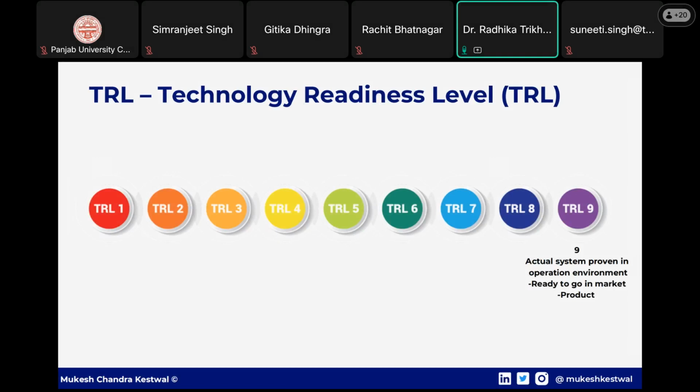Then comes your TRL 9, that is actual system proven in operational environment, and this is ready to hit the market. So that is your TRL level 9. So ये आपकी जर्नी कहाँ से शुरू हुई, आइडिया से शुरू हुई और कहाँ तक पहुंची, ऑपरेशनल एनवायरनमेंट, and this is a step by step process. आप आइडिया या कॉन्सेप्ट या POC को आप ऑपरेशनल एनवायरनमेंट में डायरेक्टली नहीं करोगे,